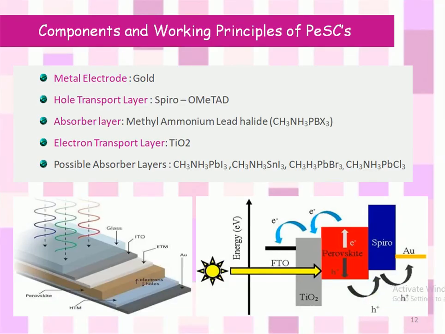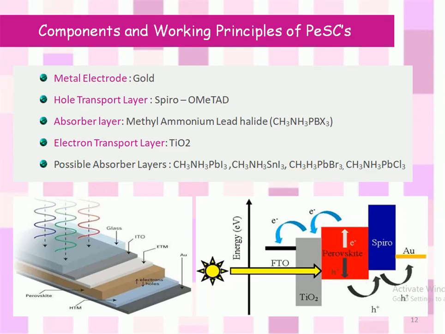And now the components and working principles of perovskite solar cells. The components are mostly the same as in dye-sensitized solar cells, except the electrolyte, since in the case of perovskite solar cells there is no electrolyte used. So the important components of perovskite solar cells are the metal electrode, probably gold, and the hole transporting